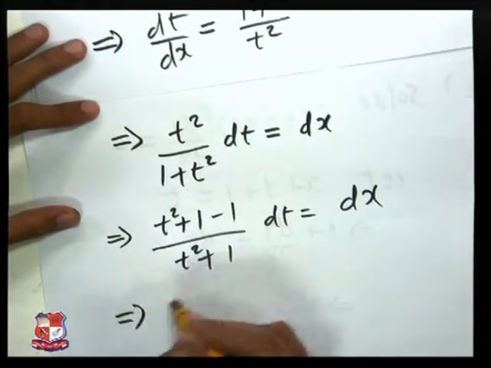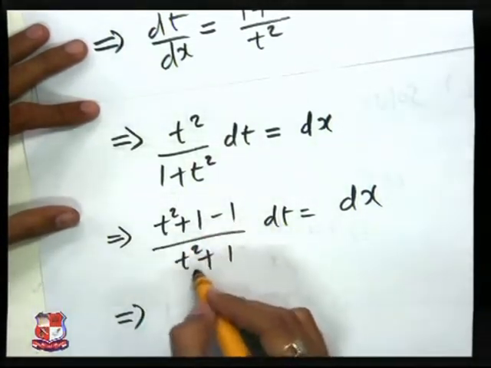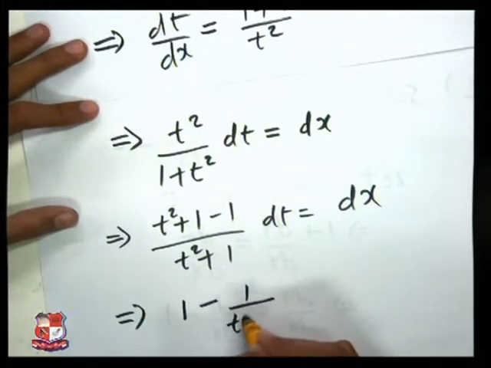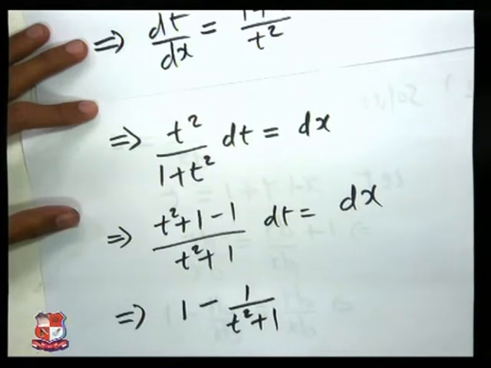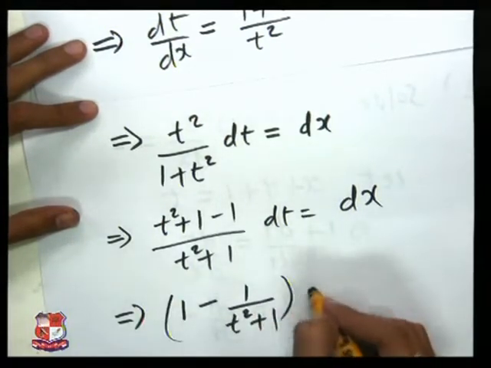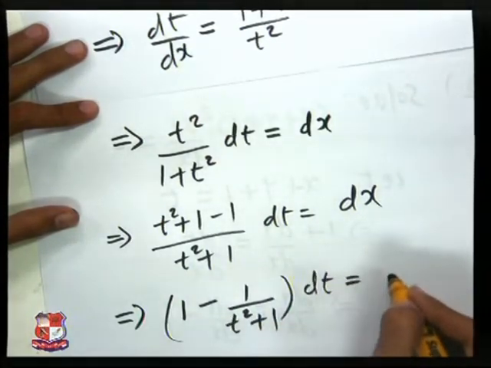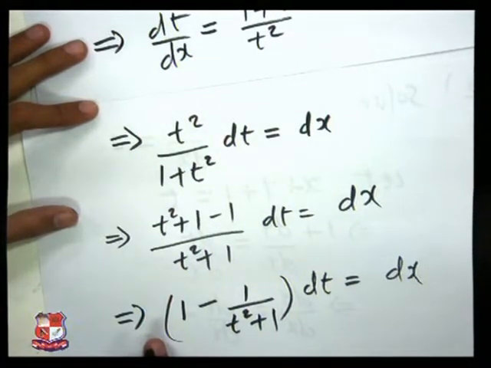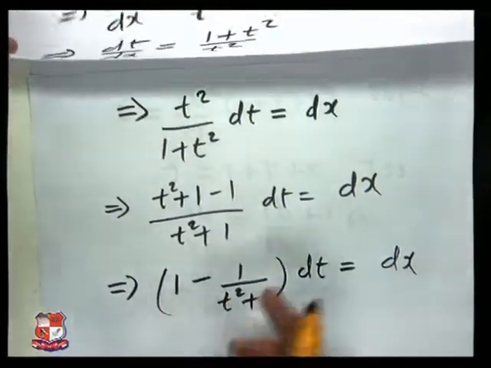If I write t square plus 1 upon t square plus 1, this is 1 minus 1 upon t square plus 1 into dt is equal to dx, and by integrating both sides we will get,